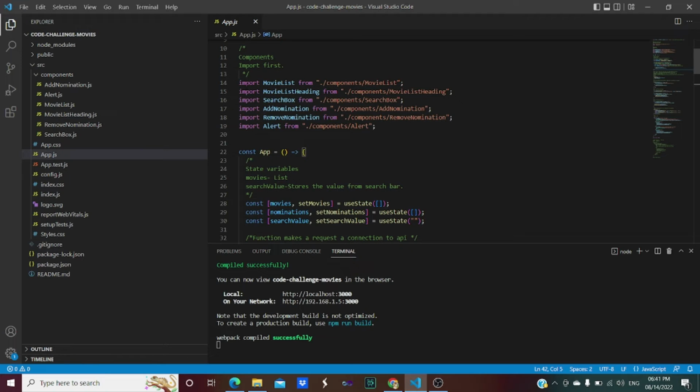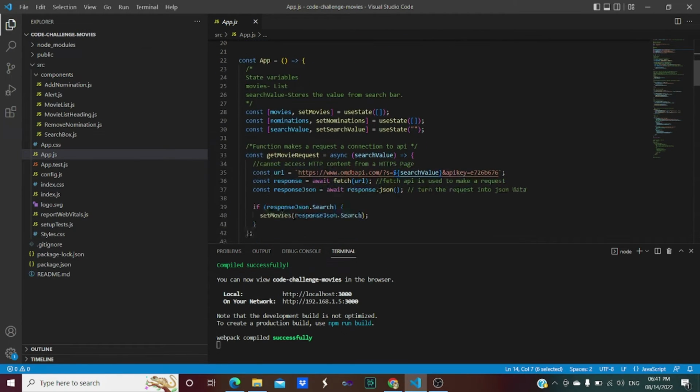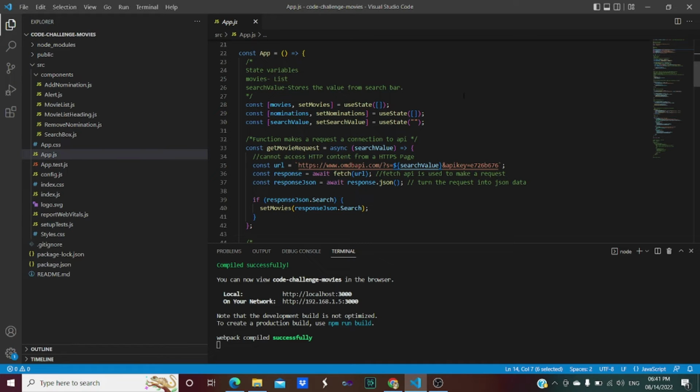So these are the import list, and after that the actual logic starts, within which I have used variables. Like, we need to create the nomination list, we need to create the movie list, and along with that we also need to fetch and use the search value. So for that purpose, here are the variables that are created over here.